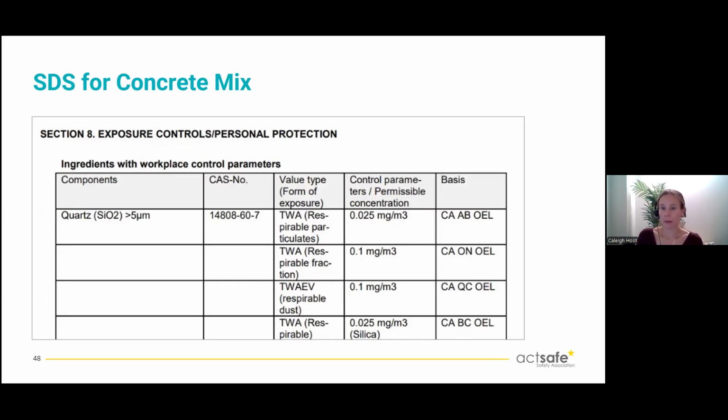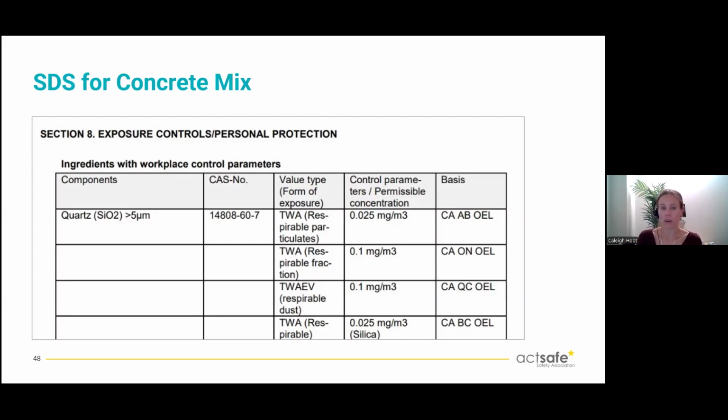There are some important things about quartz and silica. We won't go into those today, but it is a hazardous product, and we just have different regulations throughout BC. Canada regulates exposure limits at a provincial level, so each province decides how they would like their OELs to be. These are for a few different reasons. Some provinces are stricter. There might be limits based on updates, research, maybe regulatory priorities.